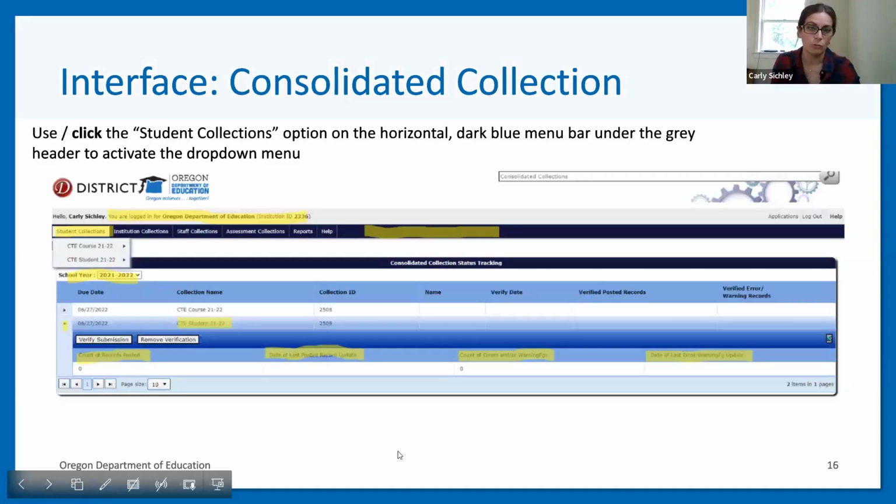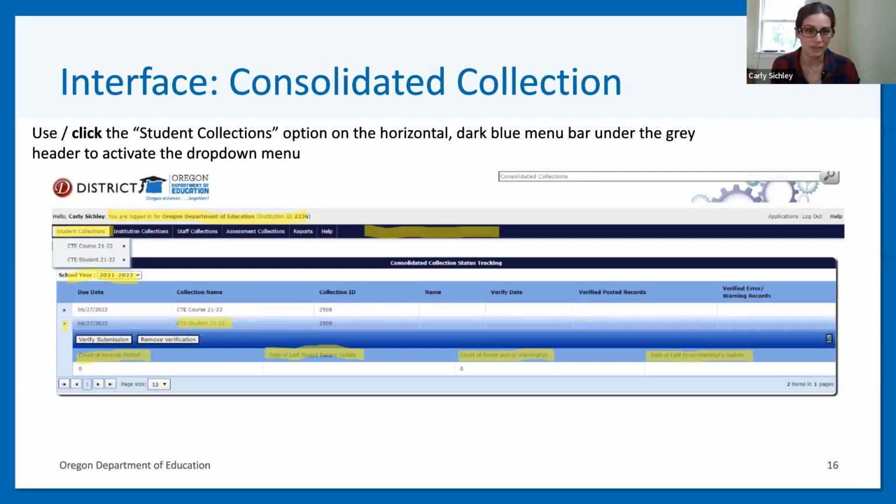Once you have selected that application option, you'll get this type of screen. If you have access to more collections than just CTE, you will see a whole list of things here. I only have CTE Course and CTE Student, so that's what I see on mine. This is the tracking page.